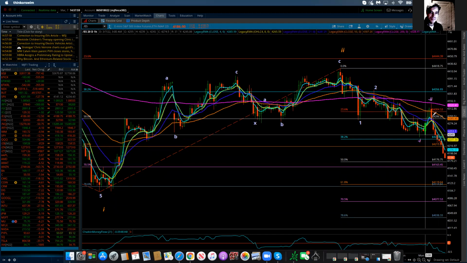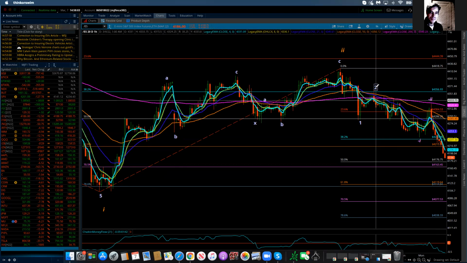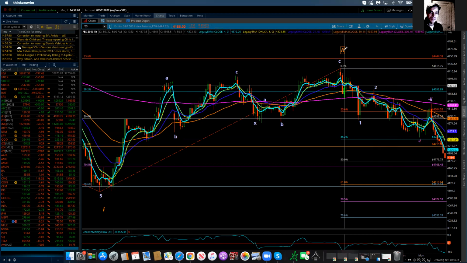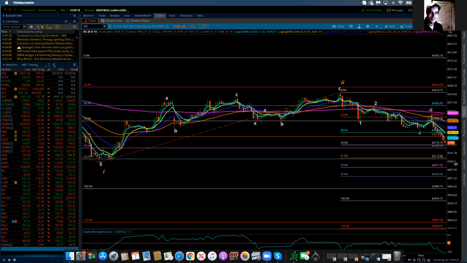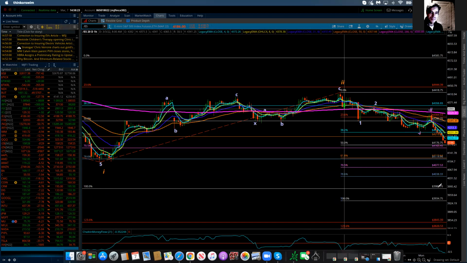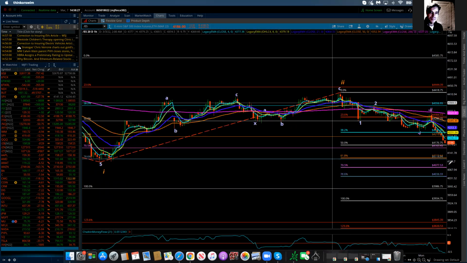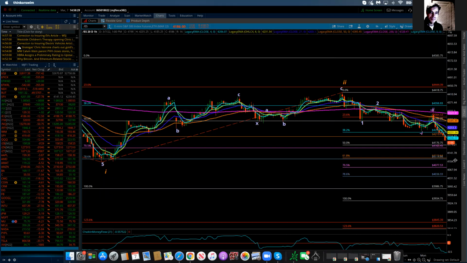So we have 1, 2, then this could be the 3, then we got a 4, 5 to complete that 3, and a 4, 5 to complete that 3, and then an additional minor degree wave 4 and minor degree wave 5 to complete the intermediate third wave. And intermediate wave 3 would be equal in length to intermediate wave 1 at 39.86. Well, we already know that we're likely going to surpass that. So again, intermediate wave 3